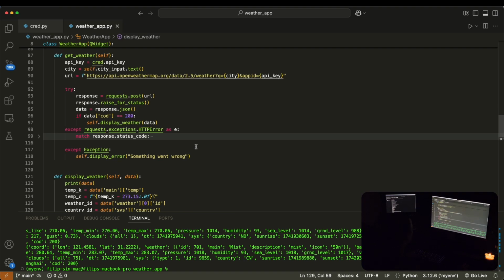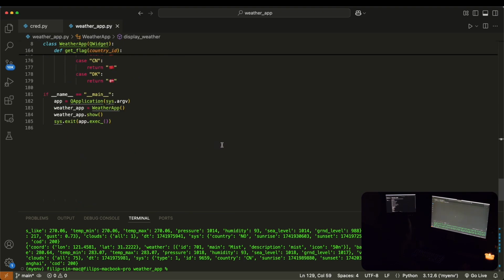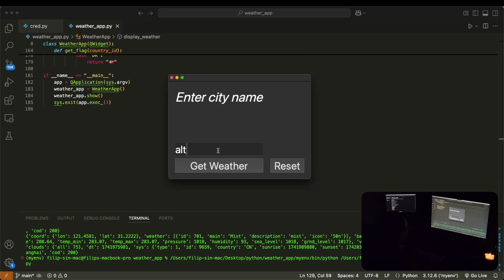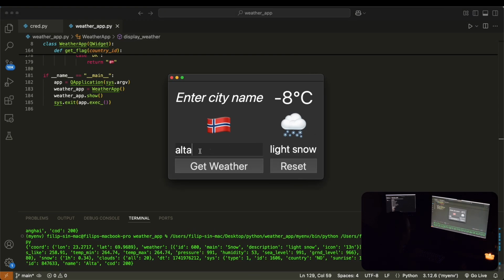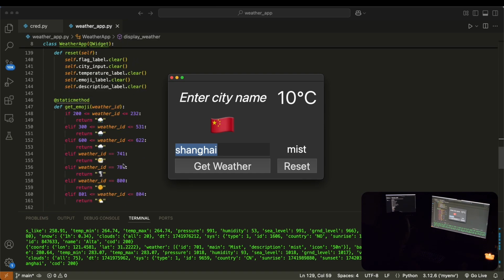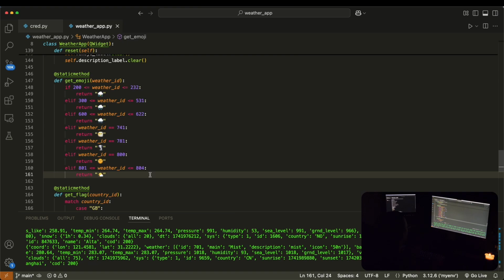I think it's working, and yeah, so I will do one more time check. Alta, get weather, light snow, okay. Shanghai, working. Oh, Shanghai is not working for mist, so that's probably fog, or oh, okay, maybe, okay,